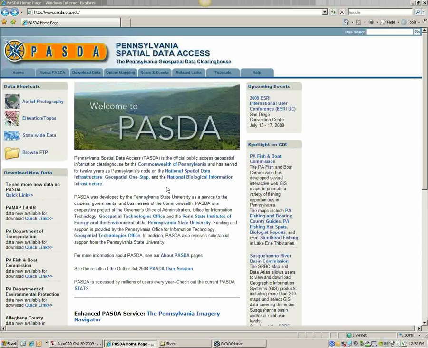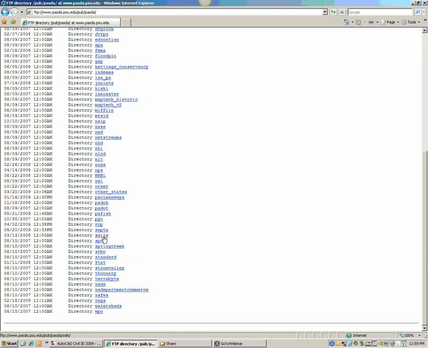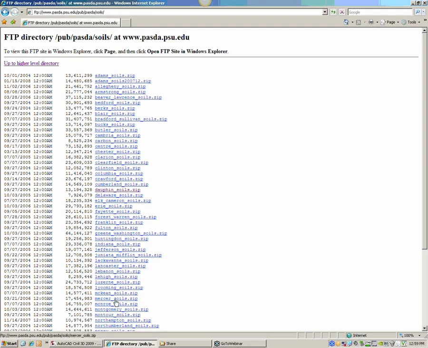To import soils, we first need to download those from the PASDA website. Using your internet browser, go to www.pasda.psu.edu. A quick way to get to the soil shape files is just simply go to Browse FTP, go down to Soils, and then pick the county in which your project is located. For this example, we're going to use Dauphin County soils. Go ahead and click that,